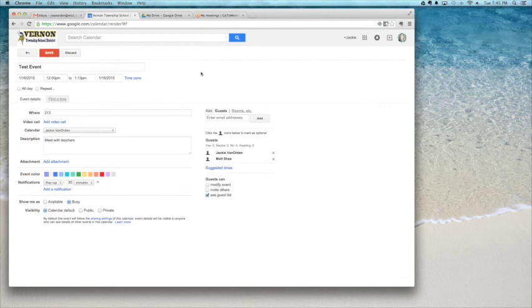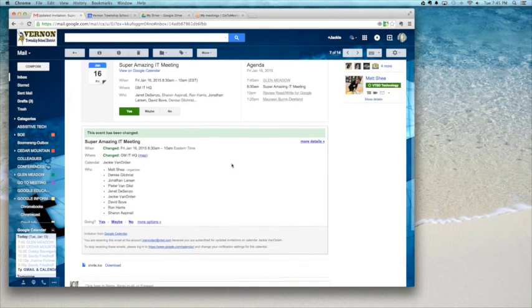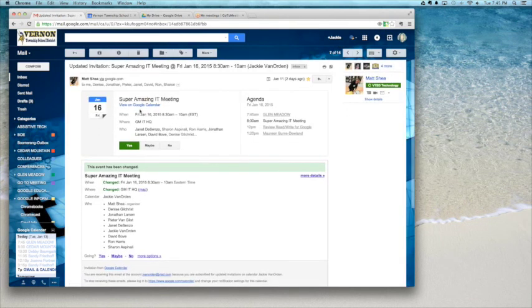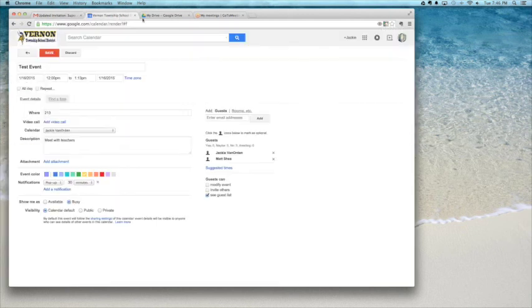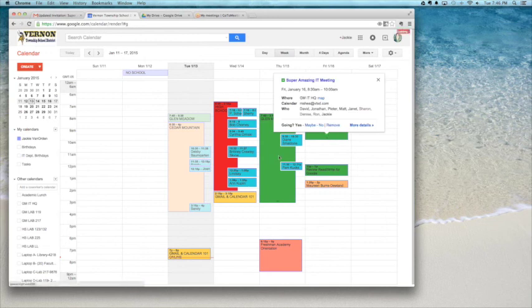has invited you to this event. What would you like to do as far as to respond? And that would look something like this. You may have seen emails that look like this when you've received some sort of event that was sent to you, and you've got the option of yes, maybe, or no. This is how you respond. And when you do respond, what it does is it actually, I'm going to discard this, it will show you,